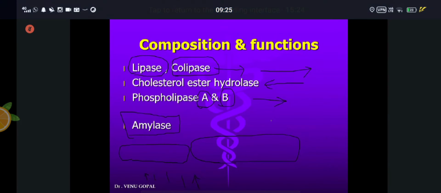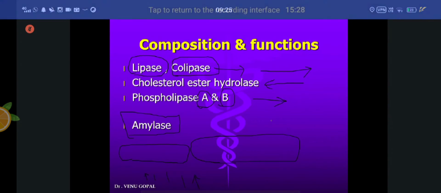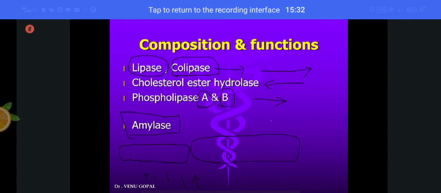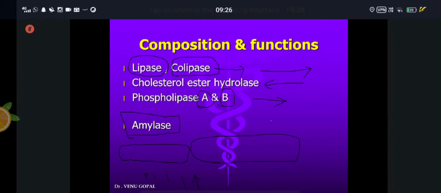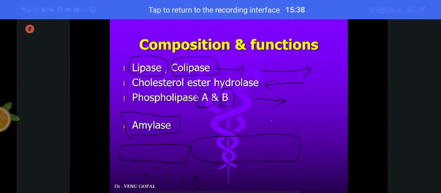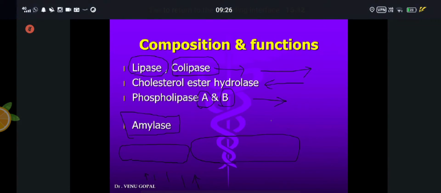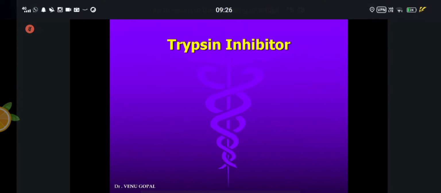So that explosive digestion, which is intended to take place in the duodenum or the small intestine, will take place within the pancreas. So it will digest the pancreatic tissue as a whole. That means the pancreas will disappear. Automatically, the entire pancreas will be digested very fast because of the strength of the digestion. So that is what trypsin inhibitor is about.